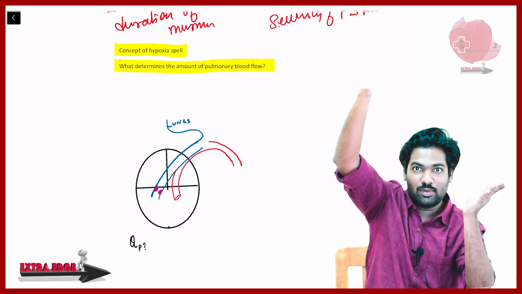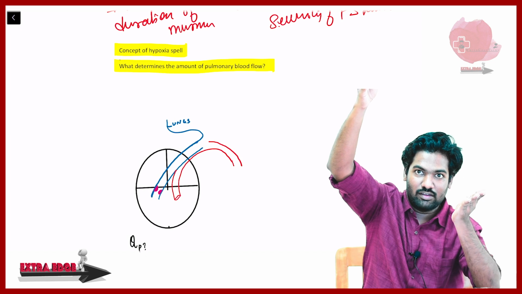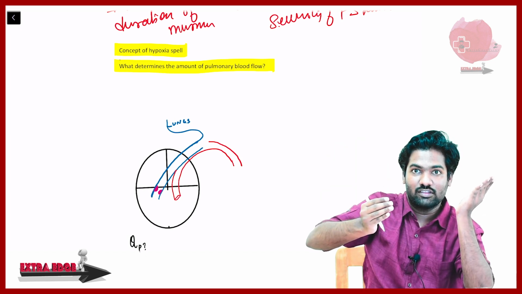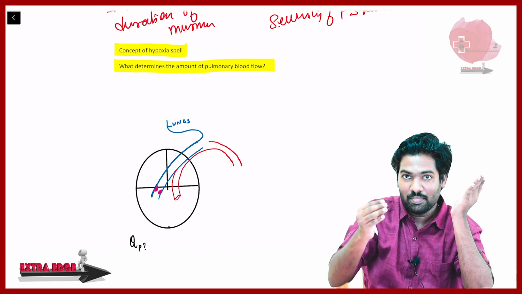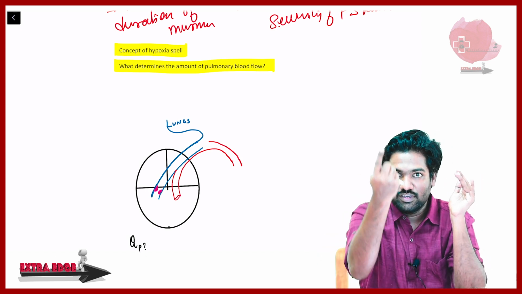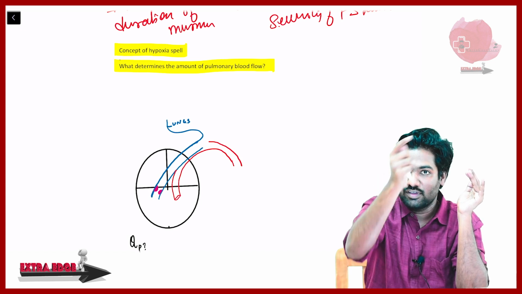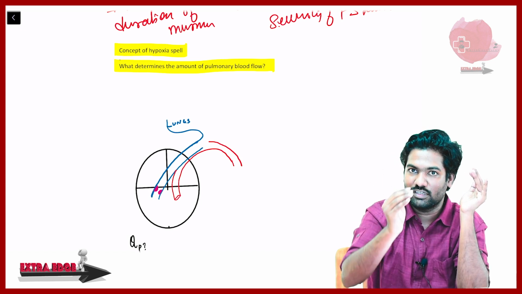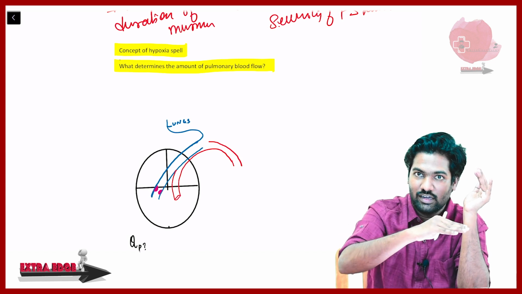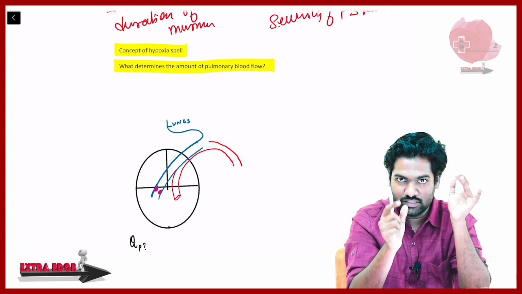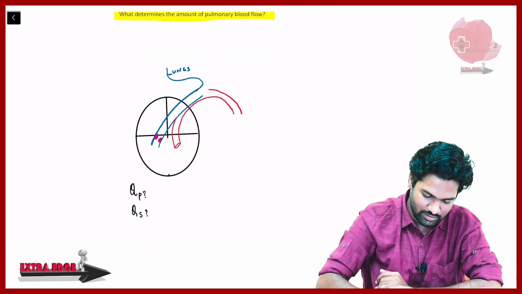What happens if SVR is very high? When SVR is too high, the blood can't go into the aorta. So the shunt will go from left to right only, and most of the blood will force itself into the stenosed pulmonary valve. We'll see this here, I have drawn it here.